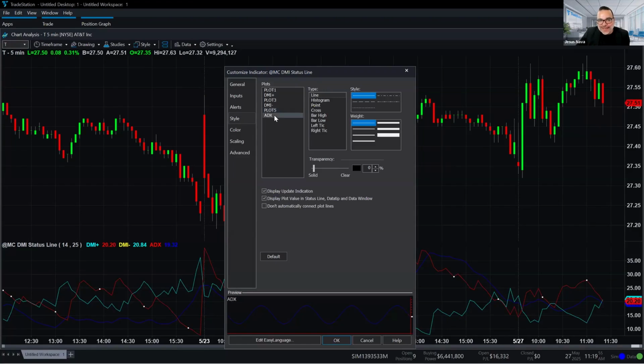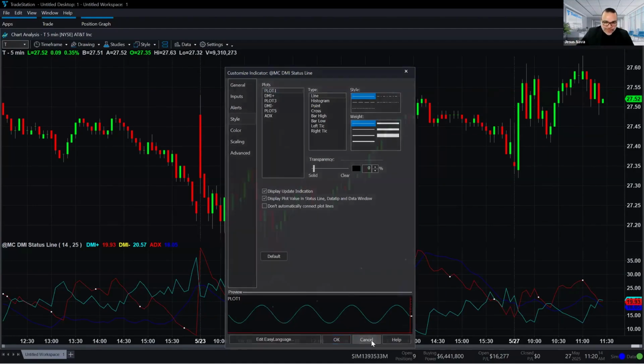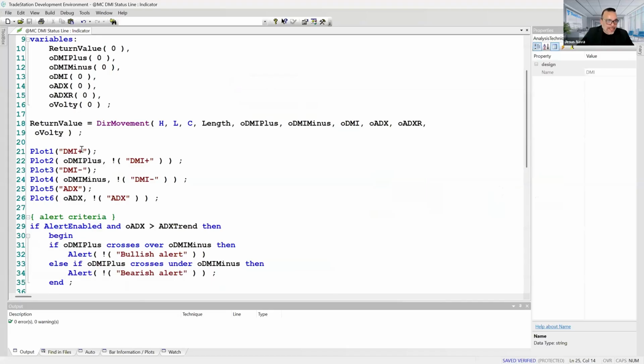Any plot that has a name like ADX, DMI minus, DMI plus, it's very clearly labeled. So how do we fix that? This sometimes leads to confusion because if you're modifying plot 1, is it really the plot that you're intending to change? Number 1. So if I go over here to my code one more time,